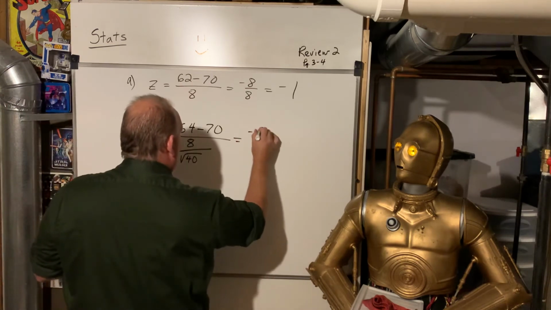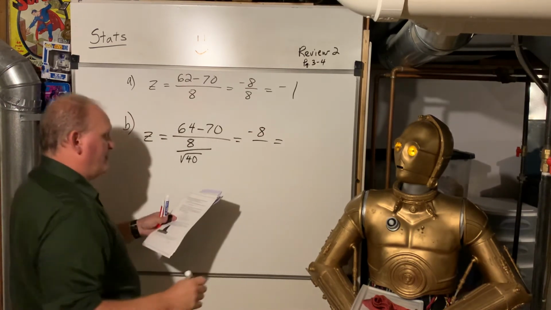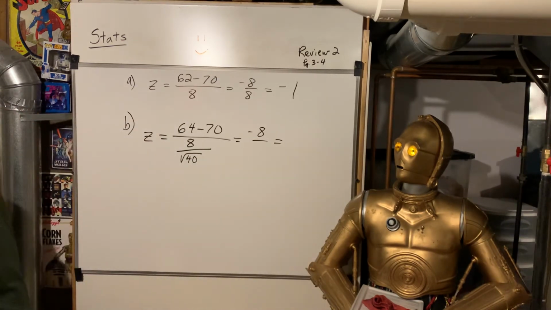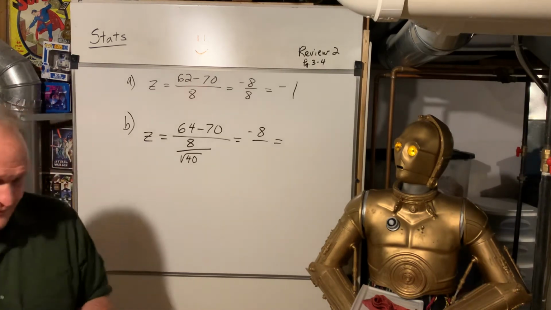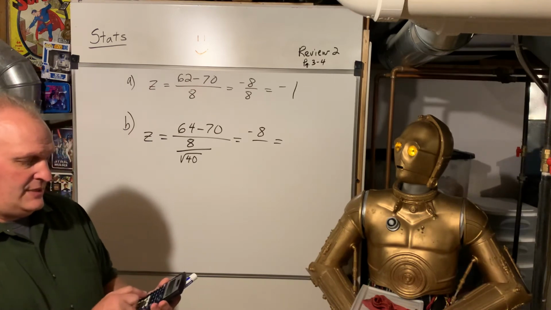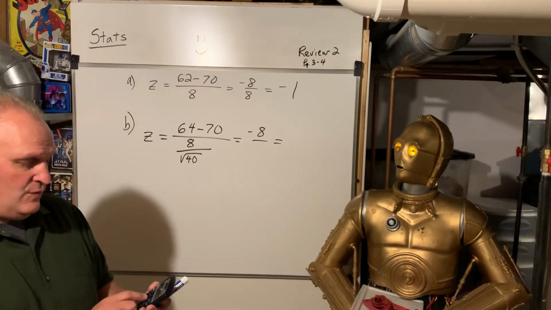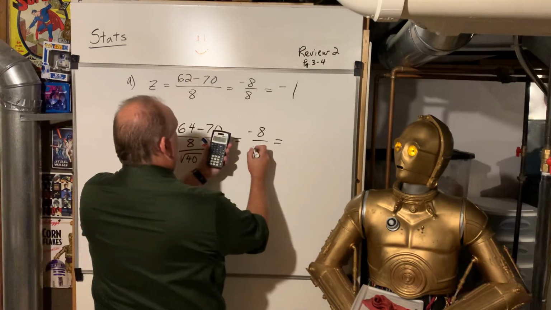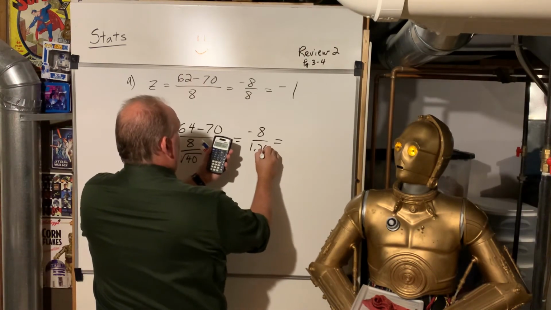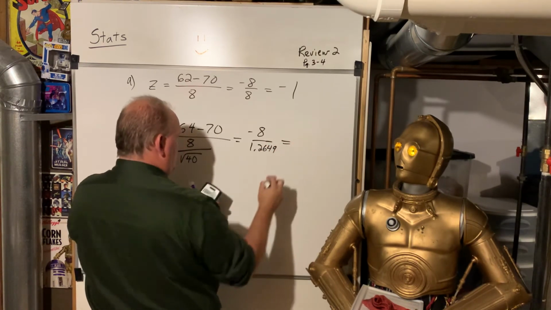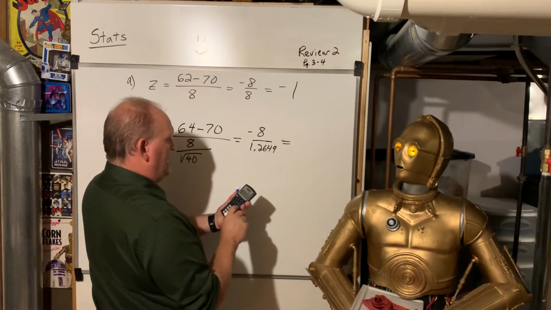So we still have negative 8 on the top, but on the bottom, I could do that on my calculator here. 8 divided by the square root of 40 is 1.2649. I'll go about 4 places out. There's still more after that, but I'm just going to leave it at 4 places. And so negative 8 divided by